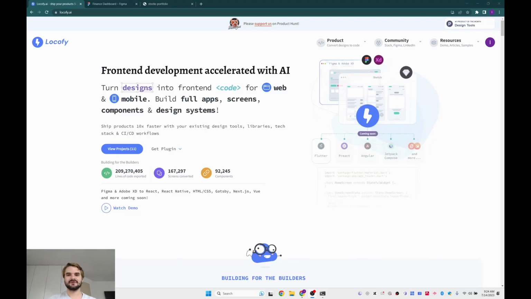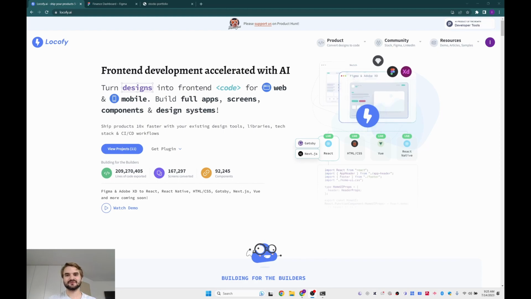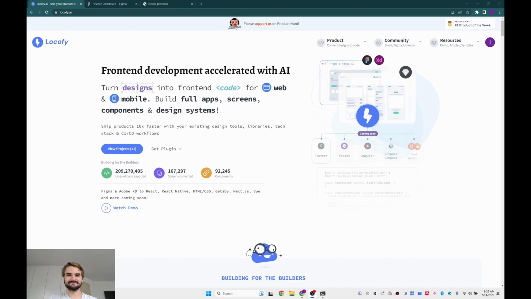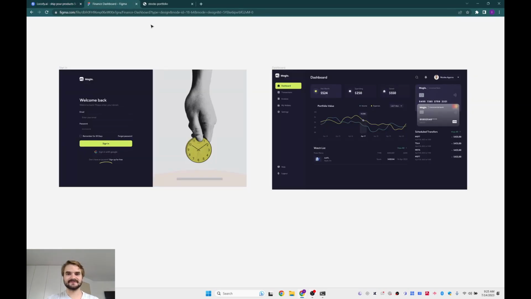Today I'm going to be showing you how to export Figma designs into production-ready front-end code into a Next.js application using Locofy.ai. So the app that we're going to be building today is this finance dashboard. It's a very pretty design, and I'm going to show you how to use Locofy to configure it on Figma,